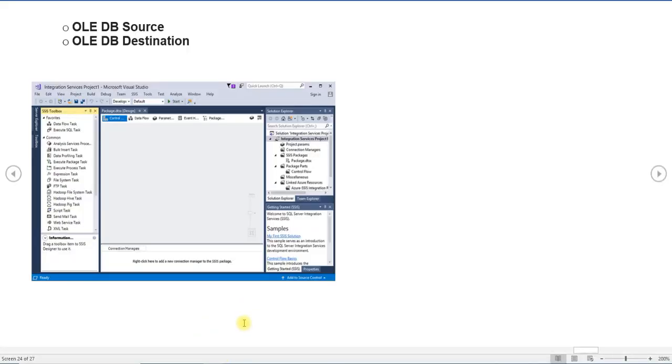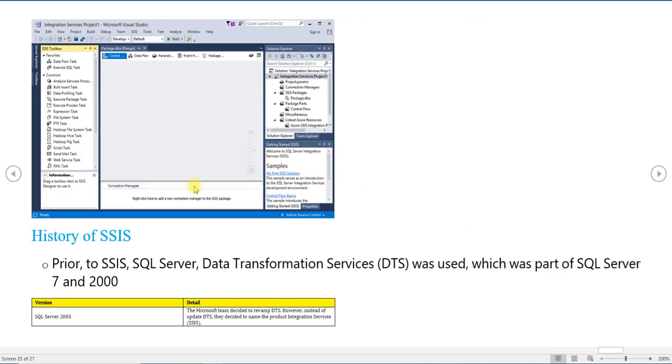Moving to the next one. Here is a snapshot I've given of the control flow page. You can see here it's a control flow, and you will see the multiple tasks visible in the SSIS toolbox. If you go to the next page,